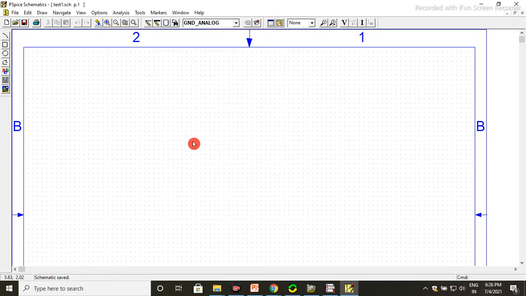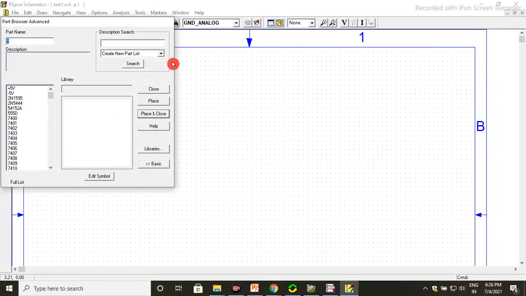Next, how to take a part, meaning how to take a component and how to design the circuit. First we take a comparator circuit. It requires one op-amp, two input sources and one output. First we will take the part, get a new part. There are components such as analog components, 5 volt, and digital components like 7400, which is a NAND gate, and 7404, which is a NOT gate. Different components are available.